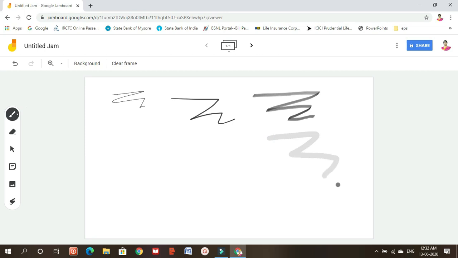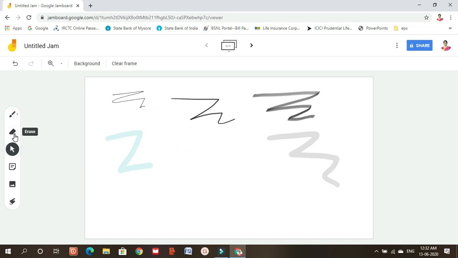So with all four there are varying sizes of the pens. Now you also have different colors of the pens. So you have blue, green, yellow and red. And when you are using a black background or a blue background, you may also choose to use the white color pen. So that's all about the pens.